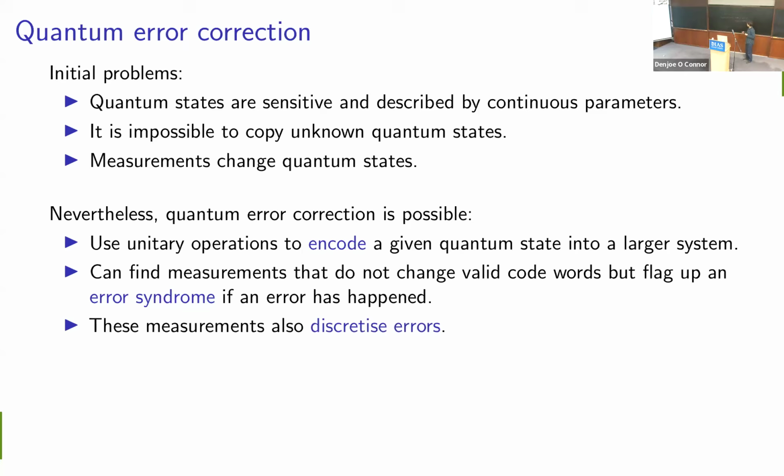So if I've got an error that is some kind of general unitary operation, which we can think of as being partly an identity and partly this bit flip, then our measurement will either send us to the situation where everything is fine, no error has happened, or it will send us to the scenario where the full bit flip happened. So our measurements take us from these potentially small continuous errors to just a set of discrete errors, which are then much easier to correct and to recognize.